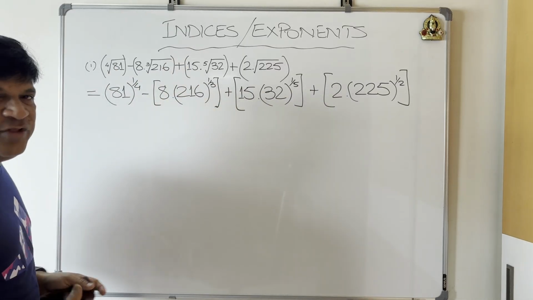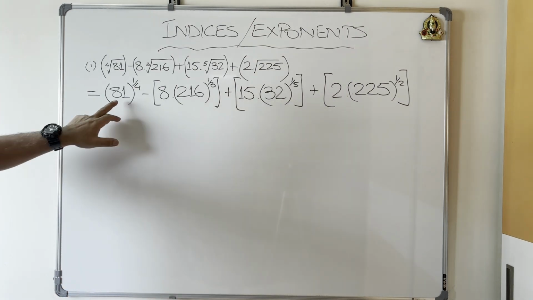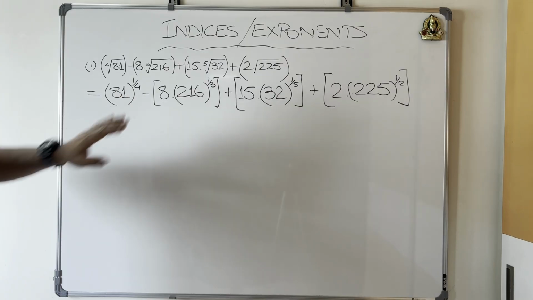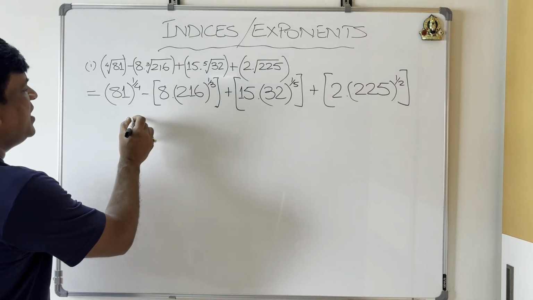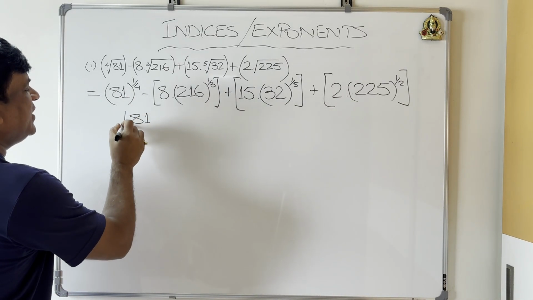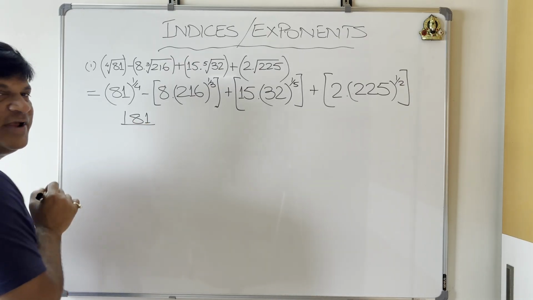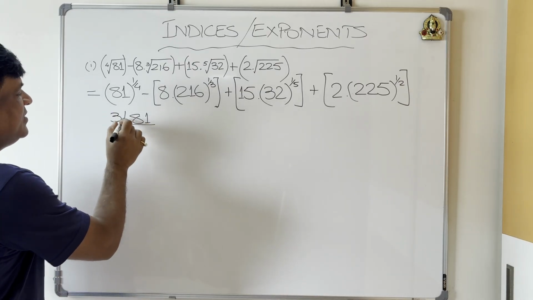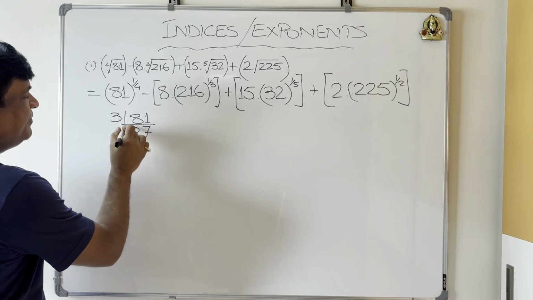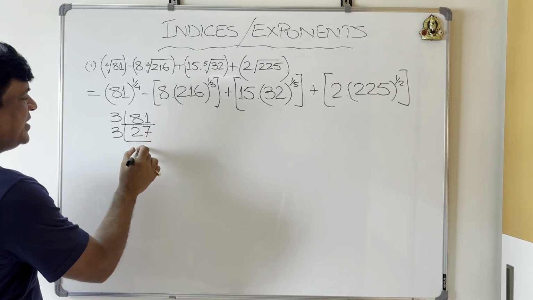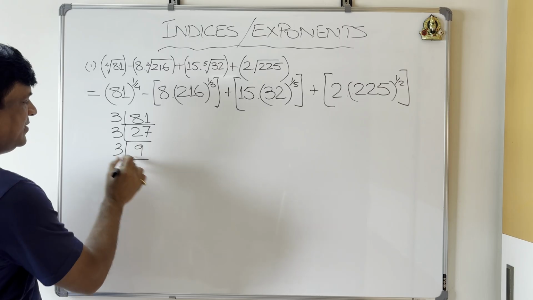Now let's go to the next step. First and foremost, if you look at 81, what you need to do with this 81 is go ahead and find the factors. How do I find the factors? I use that ladder method to get the factors. I'll start with 3. 3 27s are, 3 9s are, 3 3s are,